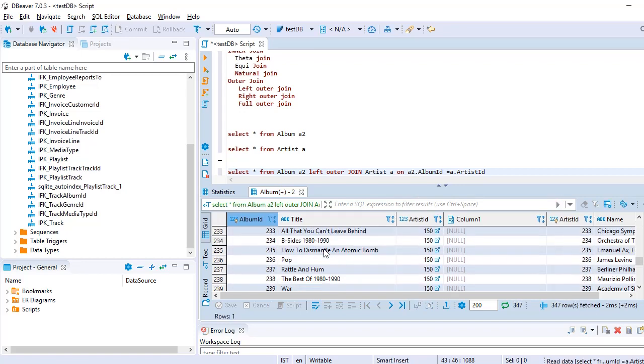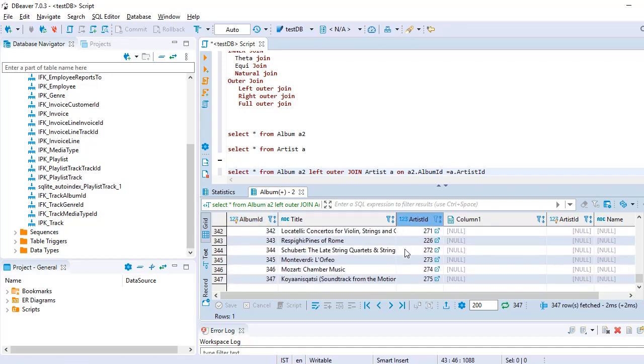If I scroll down until I get a non-valid result, like for album ID 347, there is no artist ID 347, so we get null as artist ID and the name is also null. So that's how the left outer join works.